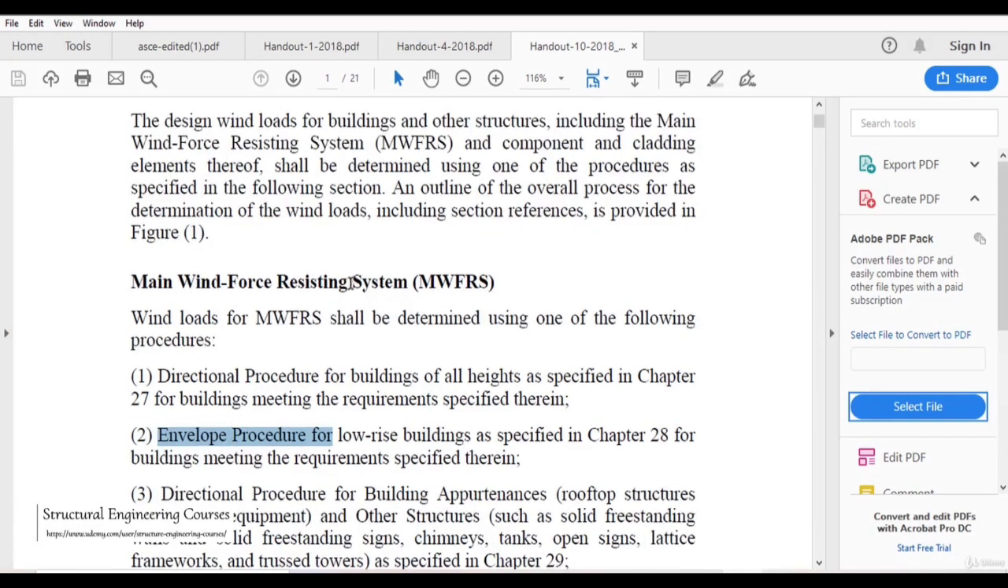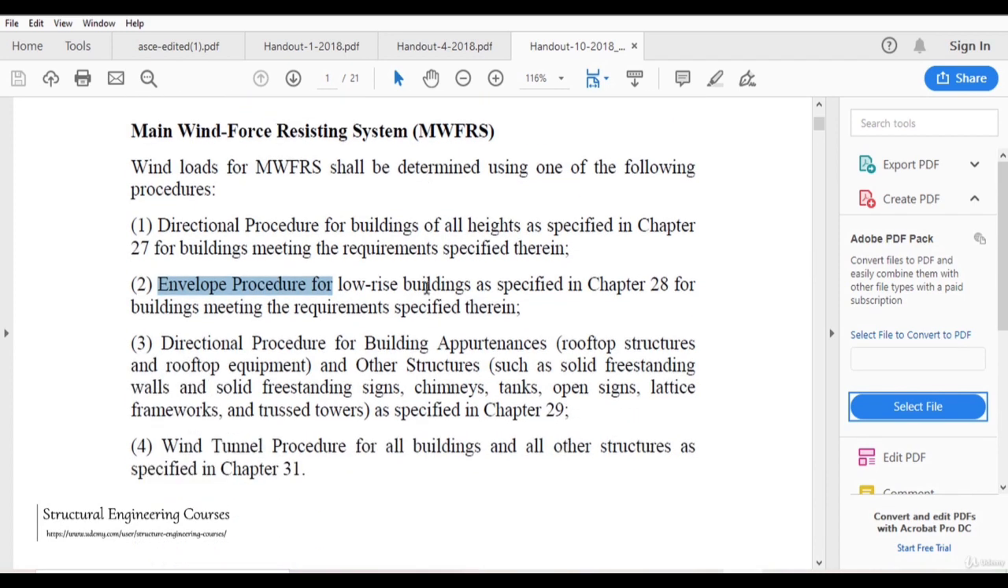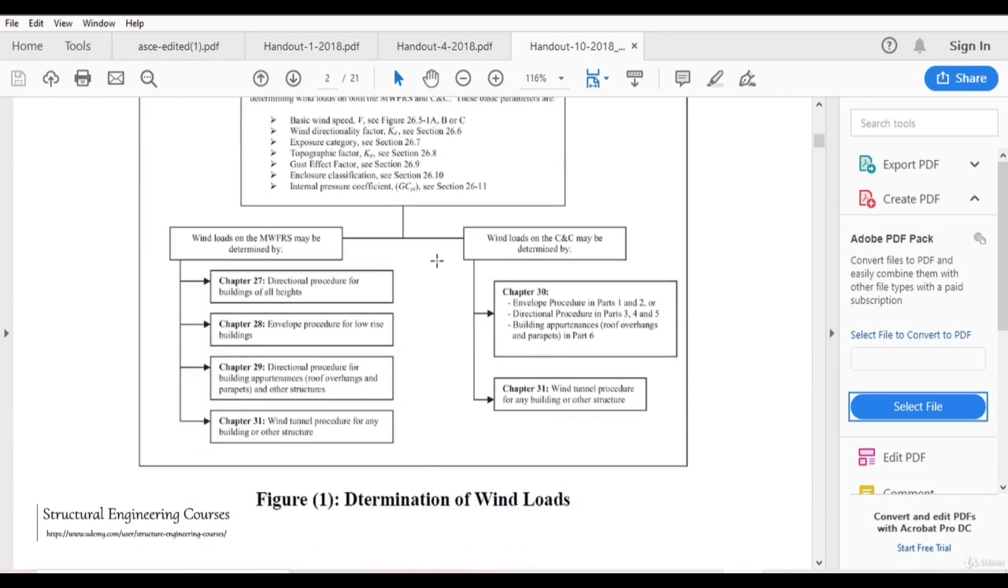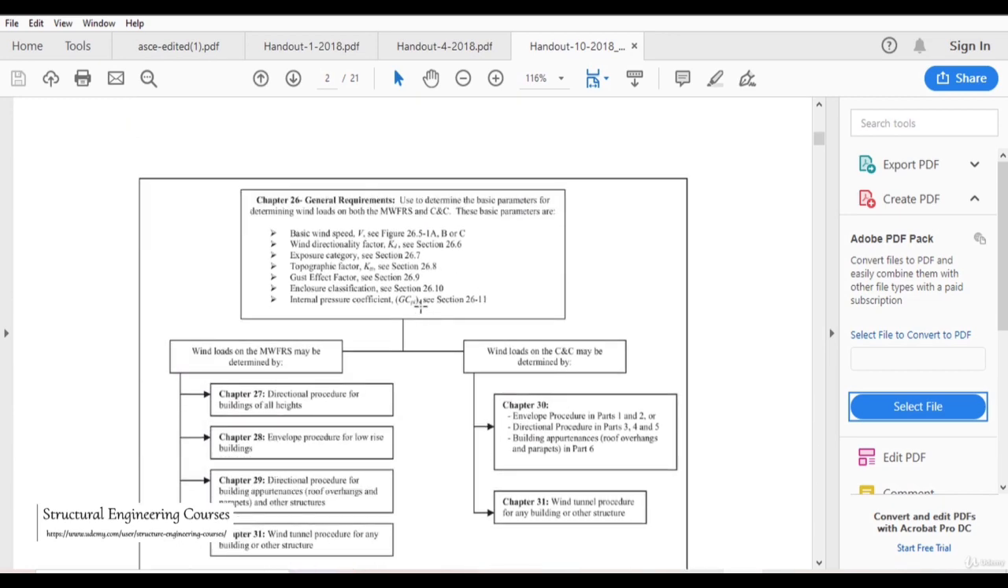So right now we are talking about the MWFRS only, and for building appendices the provisions are different, and for buildings having very large heights or very complex arrangement, the code guides us that we should go for the wind tunnel procedure. So there's this chart here, that is it. What it basically says is that